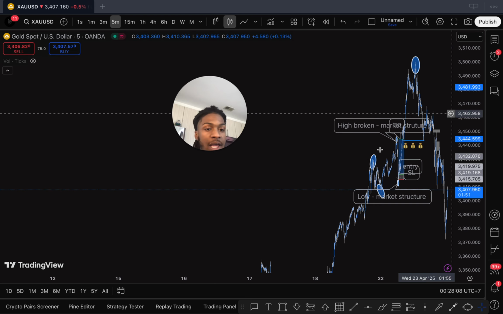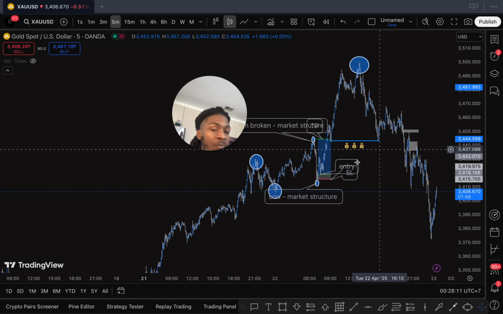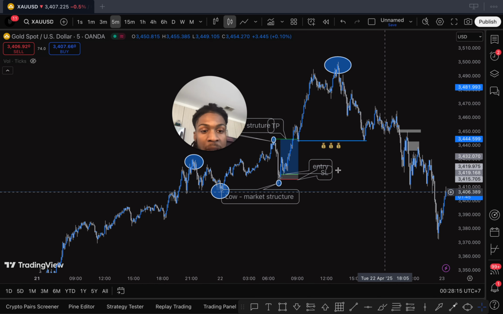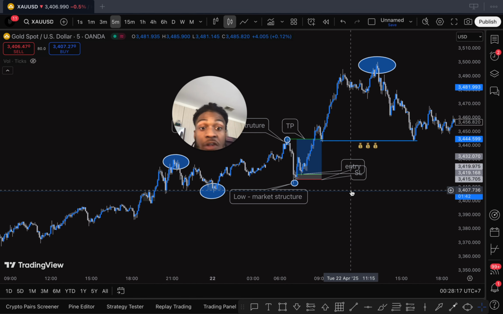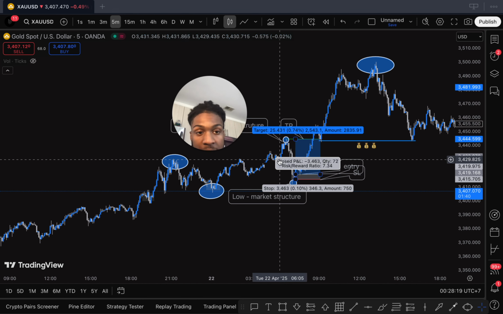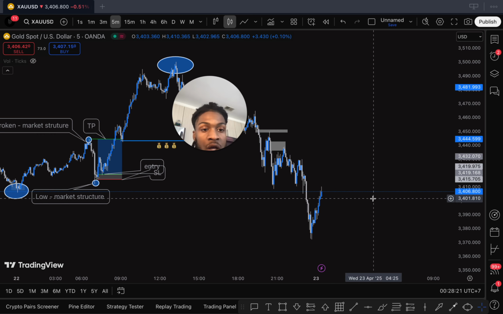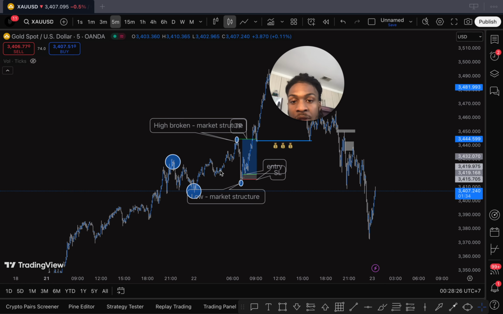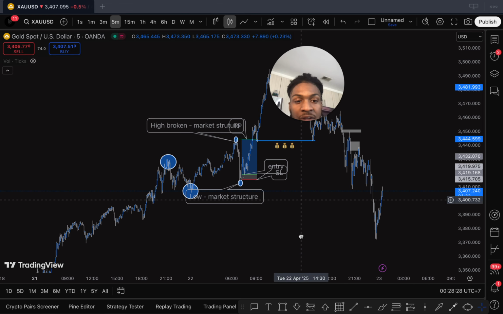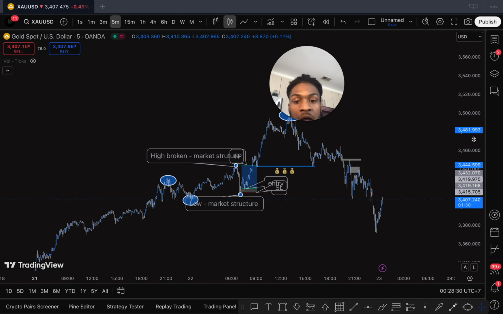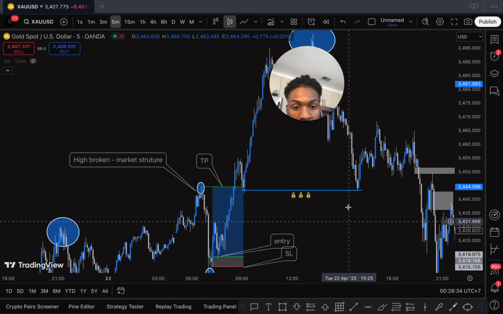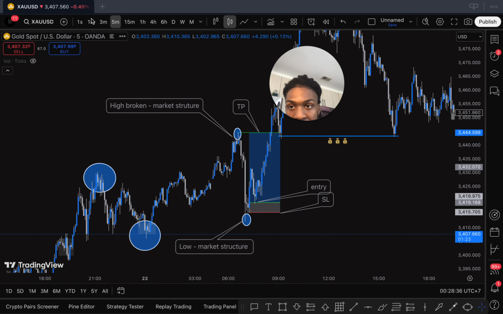You got to actually catch the moves on gold because gold's always moving. And so I saw that gold was moving, and basically because the fact that we were in a bullish trend, and now we're in a bearish trend, as you can see here, because now we had that break of structure there. And I know there's a lot of stuff in my chart, so it's kind of distracting, but basically I had my market structure,